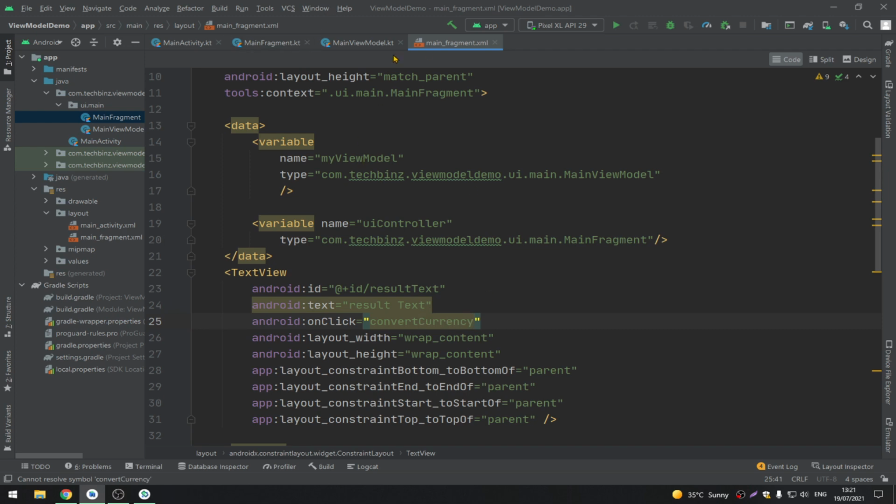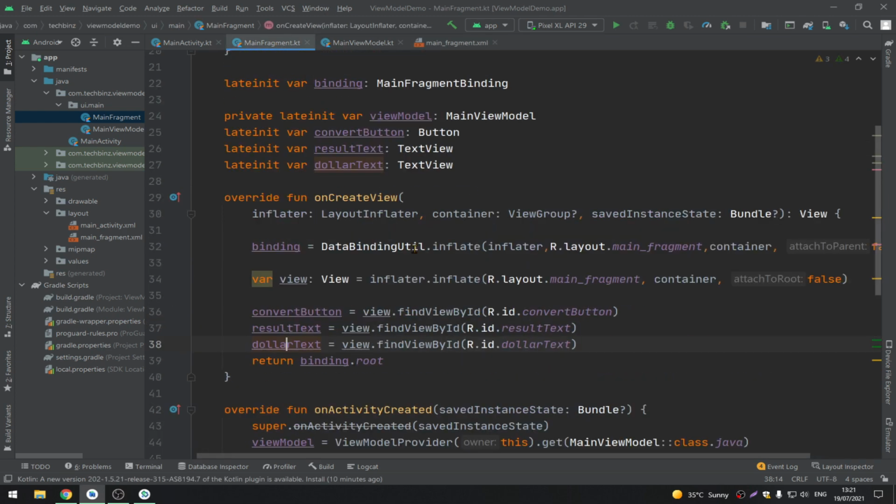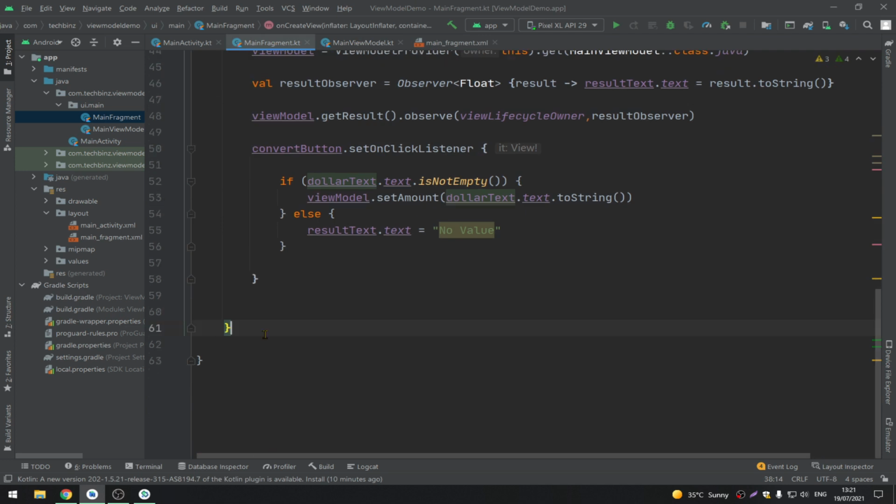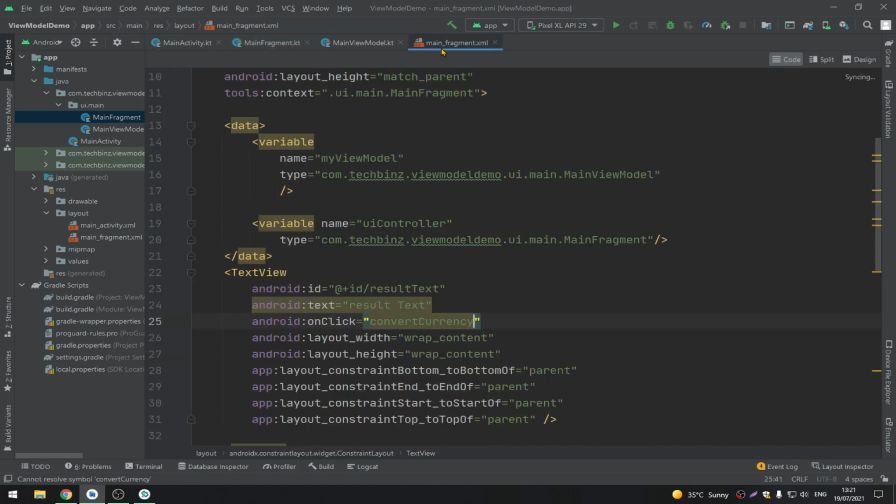So while we're declaring my fragment here, this method will be used here. For example, public function convertCurrency here. So